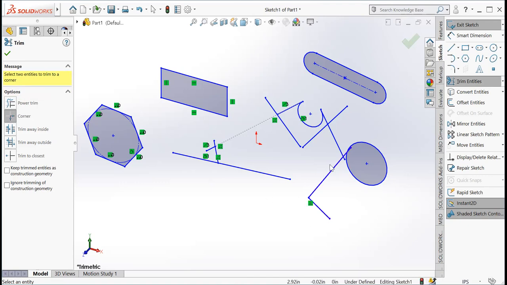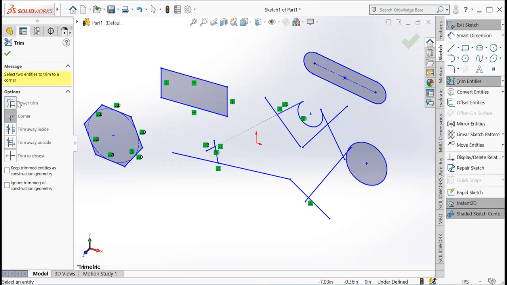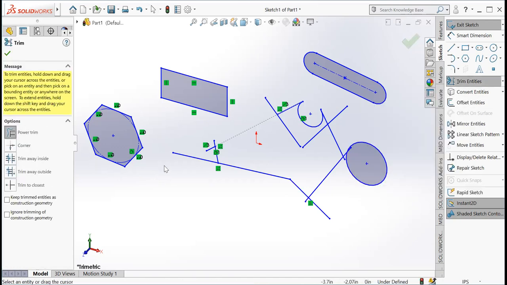And next there is another powerful command that we call the power trim. So I will select power trim. This is a very powerful trim command. Now here I will just hold down and drag. I will hold down and the things which are unwanted will be deleted.